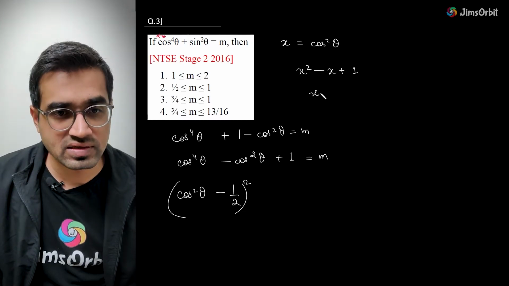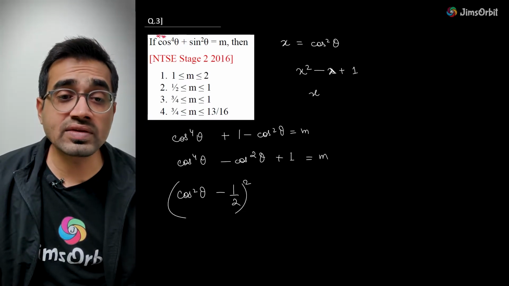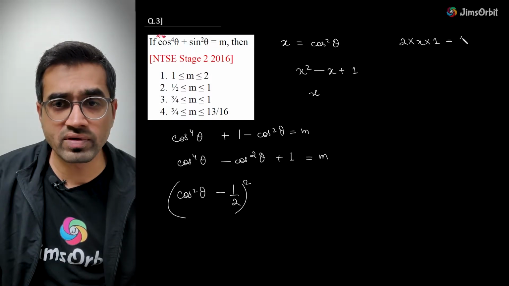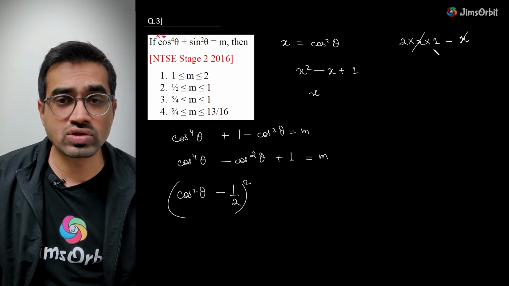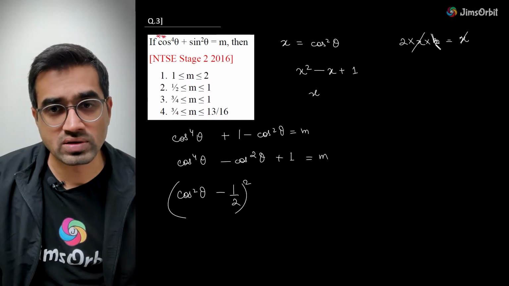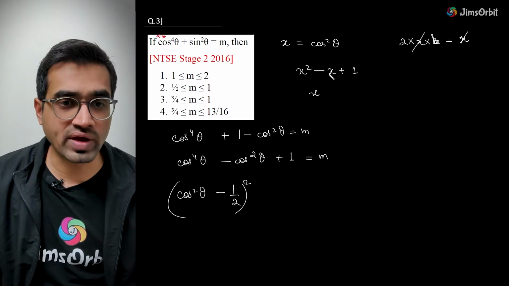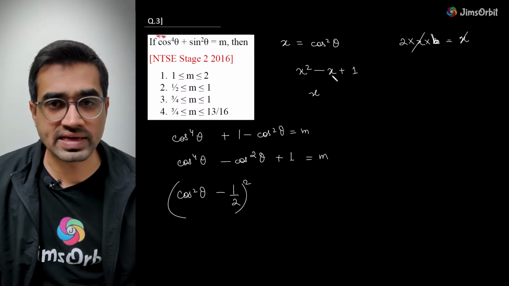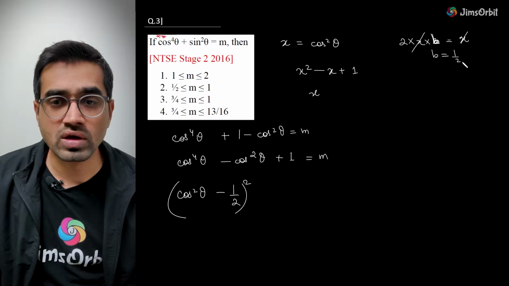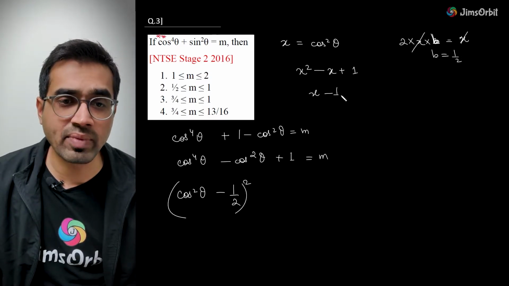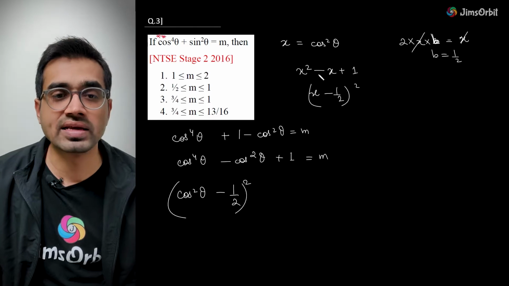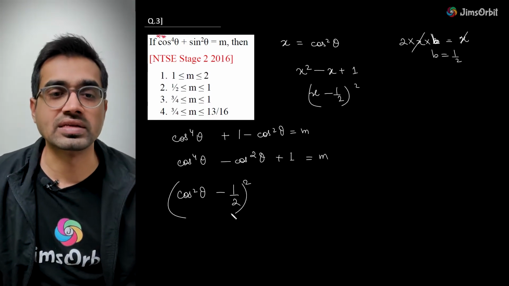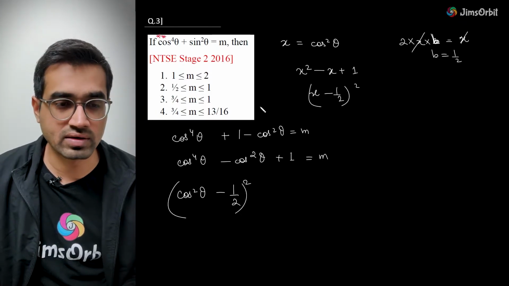We write x, this square. We then see what the 2ab term is. Now the 2ab term is given to be x. So b is missing, sorry. For 2ab, a we know is x, b we do not know, but it completes out to be x. Now b becomes 1 by 2. Obviously this is minus, so you should write minus, then only you will get the minus after opening the brackets. Correct. This is why I have written cos square theta minus half, squared. I hope you got the analogy.